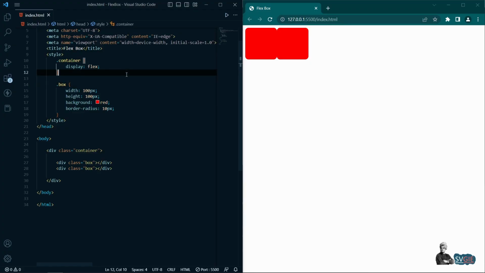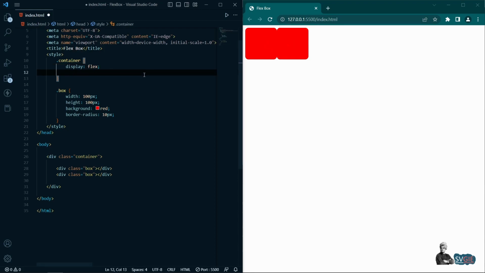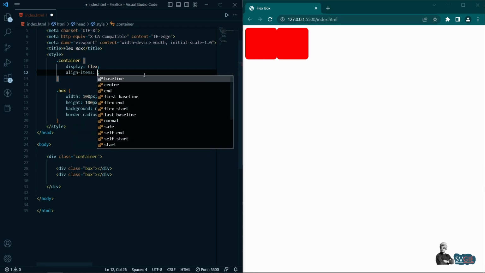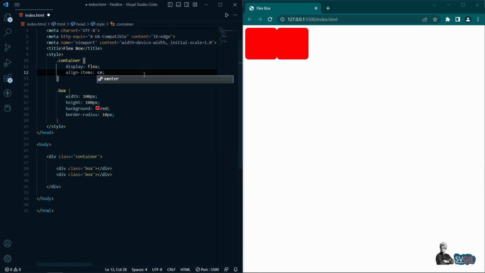Okay, align items. So let's see how we can use align items in display flexbox. Right now you can see we have these two boxes, and let's just apply align items. So I will apply center first. Let's see how it will work. And you can see nothing has happened over here. If I just refresh also, nothing is happening because it is going to move all the content in vertical format. So right now for the container we don't have much height over there, so we have to increase the